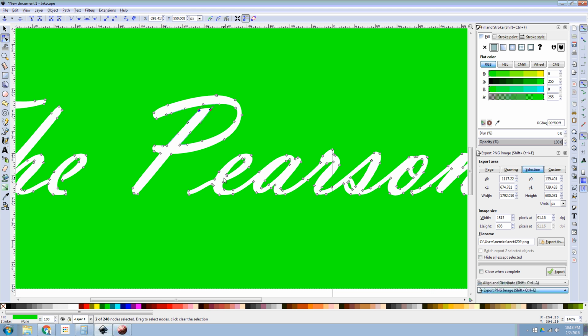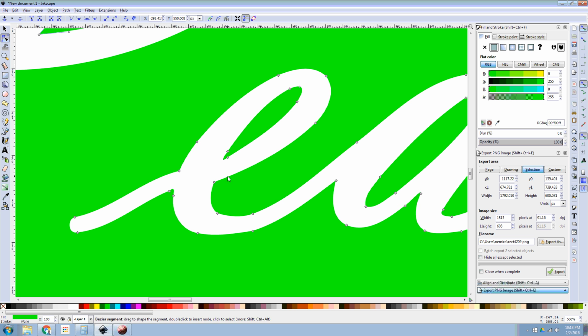Same way with the rest of the letters. I'll do this E here real quick. So we want to connect this one and this one. There's nothing there, so I'm going to create one. Here's a trick: if you click the line in between, it highlights both of them. Delete. Delete. Now, since they're not connected, you can't do that anymore, so you would have to